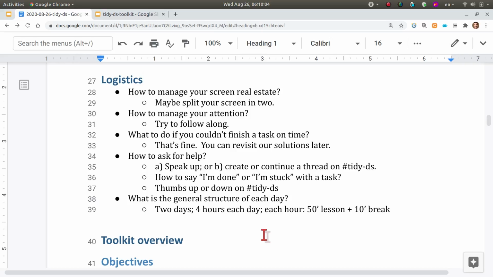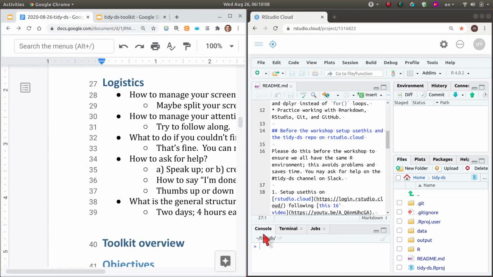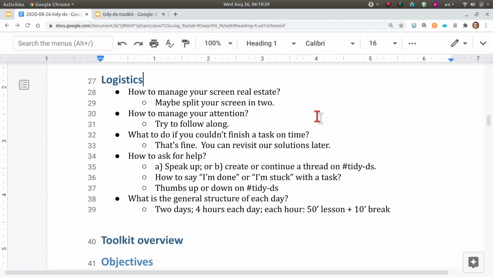So what I mean is that I suggest you use, for example, half of the screen for your own work, and in the background you might have the screen that I'm presenting on. So you will see in the background me doing something, and then in the foreground, to the left of it, you will be working on your own work. So that's my suggestion. For now, I'm going to expand this and keep moving.